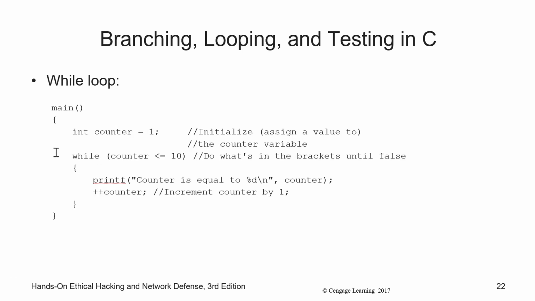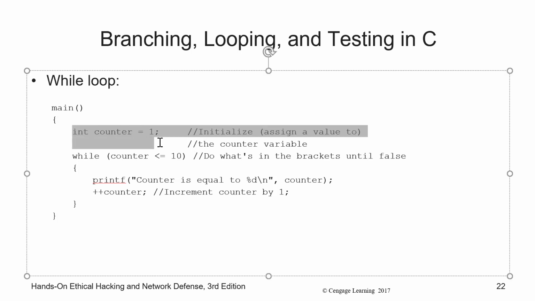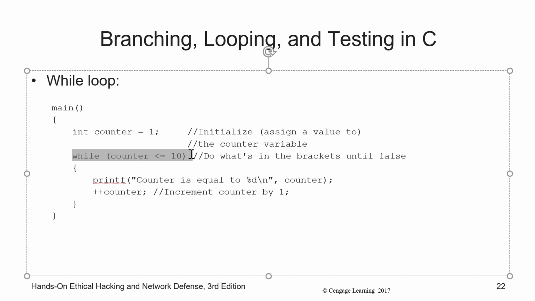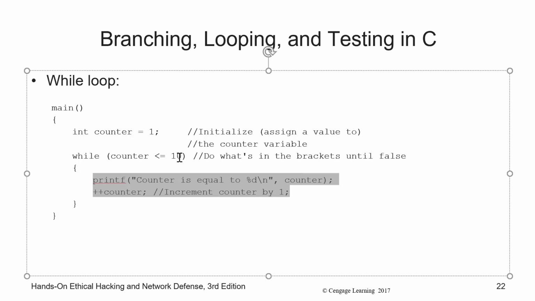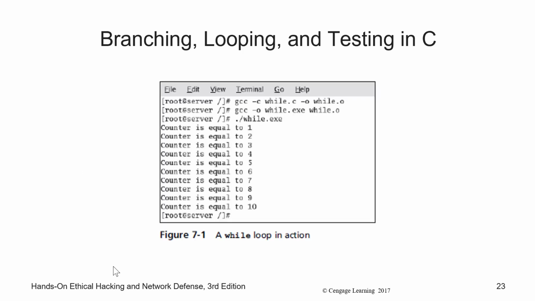A while loop iterates. So a while loop, you can have a counter. And then you can say, okay, while this counter is less than some limit, or greater than some limit, while this still evaluates to true, do whatever is in this code block until this statement evaluates to false. So what does this code do? It prints the value of counter to the screen. It increments the counter. And as soon as counter is 11, it stops executing this code. And here is an example of this code running in a compiled version of the application.